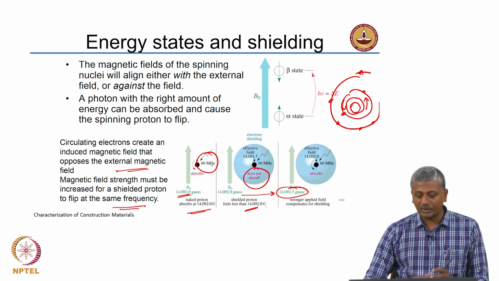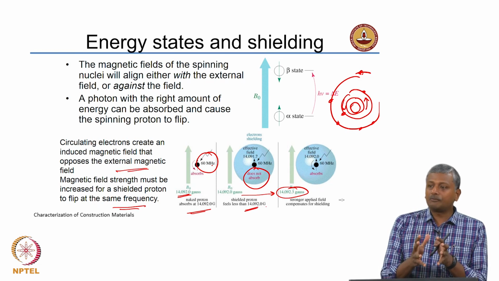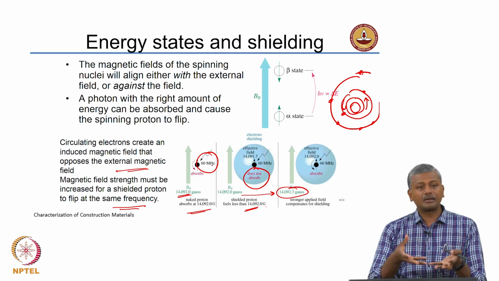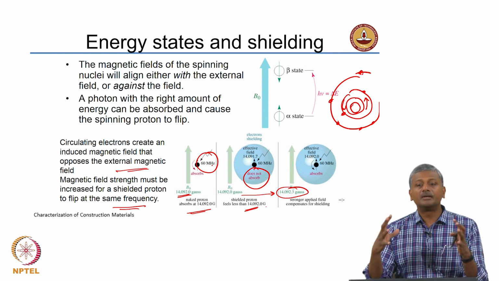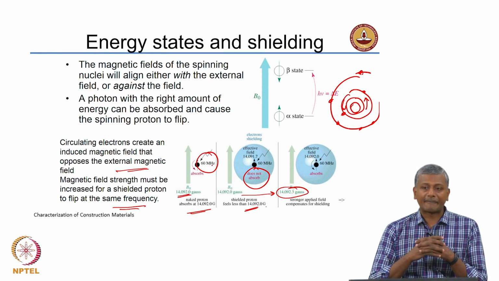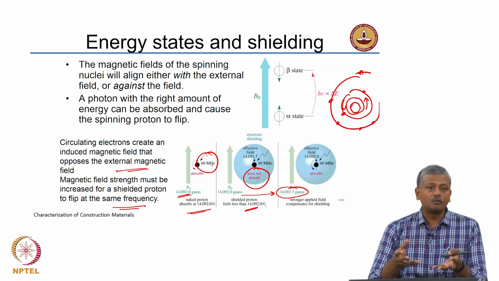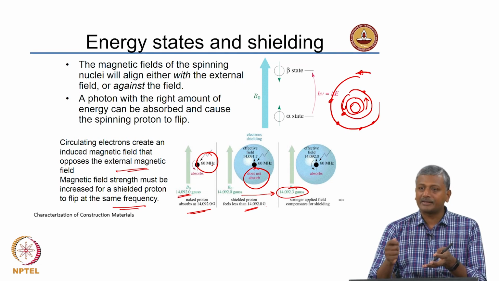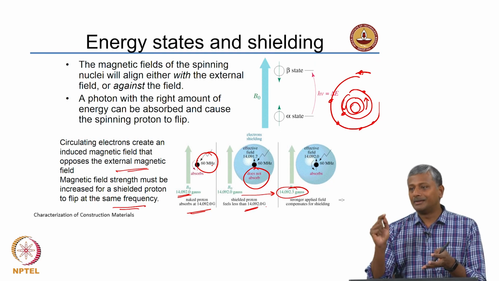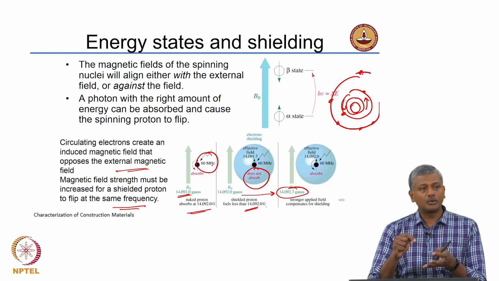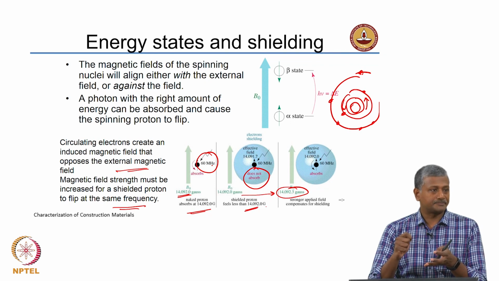Okay. So, what you need to understand is the influence of the electronic clouds that are over this sample. Now, what will happen if I go with samples that have much bigger atomic structures? The interference by the electronic cloud will be more. So, I need to actually make adjustments in my external magnetic field to cause my proton to absorb the radio frequency radiation.